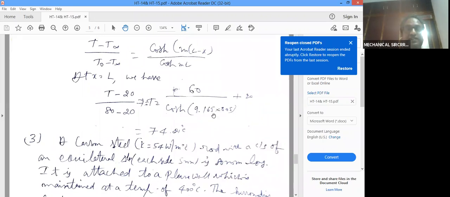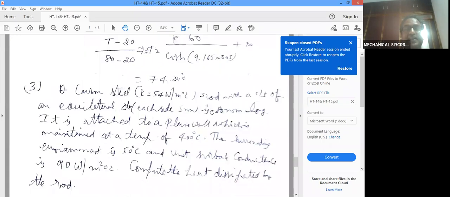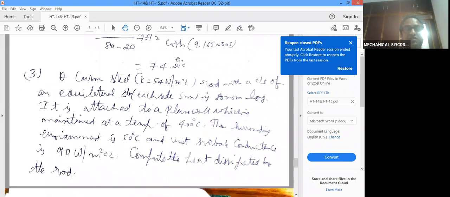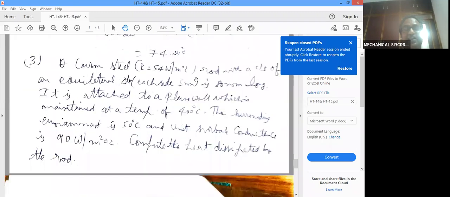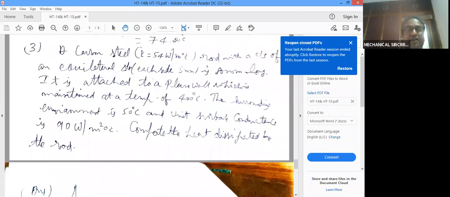Okay? Like that you can calculate the heat transfer rate as well as the temperature at any given value of x. So at x equal to x1, x2 like that, at x equal to L also you can calculate like that. At each and every point on the length of the fin you can calculate the temperature. And next, the final problem on this insulated fin.